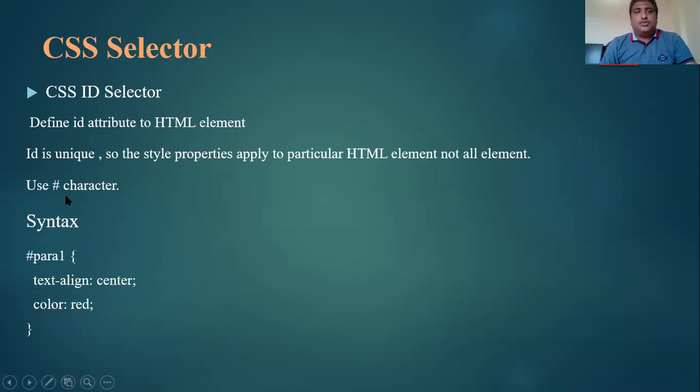Here we use the hashtag to specify the ID. Its syntax is hash para1. So whenever we use the HTML element, at that time we use the ID tag, right? And using that, we can write the style properties. Its syntax is hash para1, text align is equal to center, and color is equal to red.